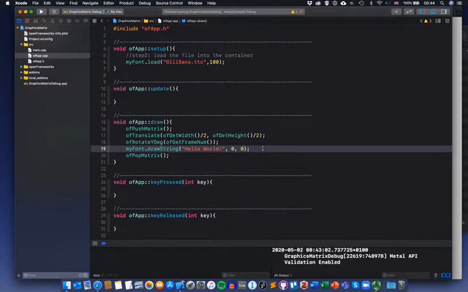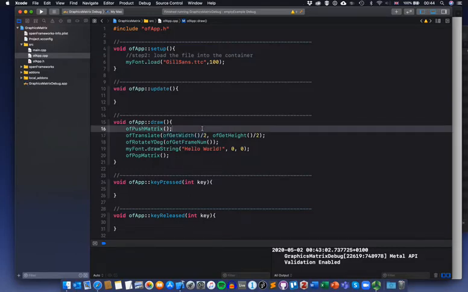And for that, in this kind of animation, which has easing in and easing out, or acceleration and deceleration, I use sine a lot, and sine creates a sine wave, right? That goes from -1 to 1. So the translate, instead of being a static number, I want it to be a sine of something. But sine goes from -1 to 1, and I want my text to move from 0 to ofGetWidth,